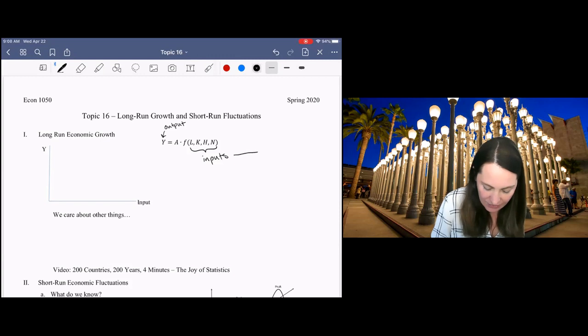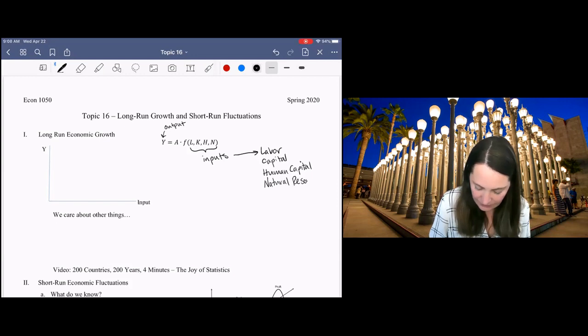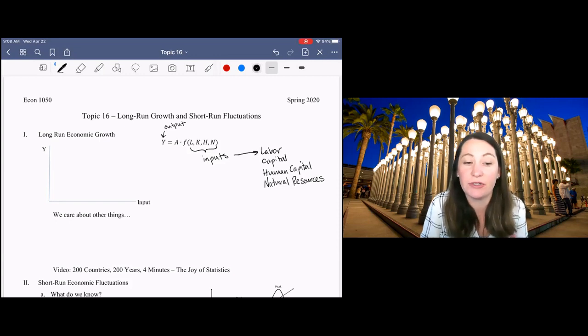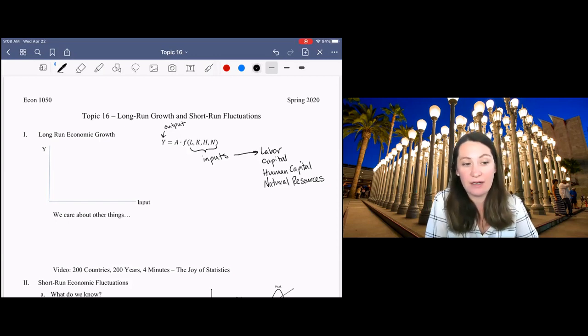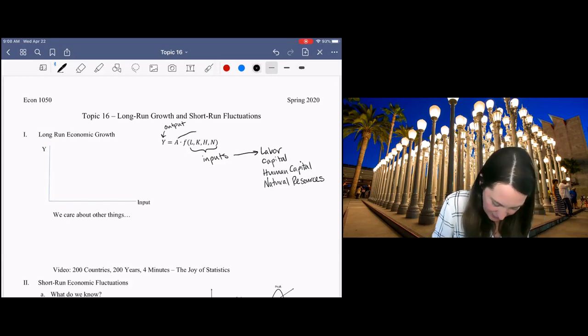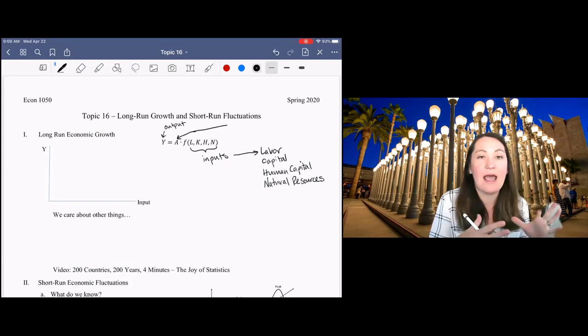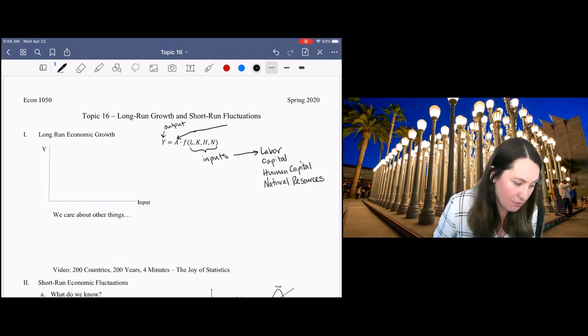Remember, we've been talking about inputs here as labor, capital, natural capital, and human capital. Some people would call that entrepreneurship and the environment, but these are just different terms that mean the same thing. So we've got our categories of inputs that go into our production function. And then we also have this term A, which is very important because A represents how we transform our inputs into output, which means technology that we use in the production process,